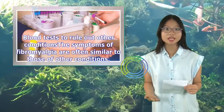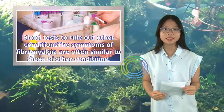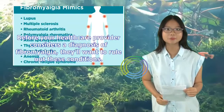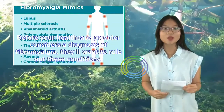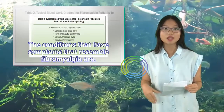Blood tests to rule out other conditions. The symptoms of fibromyalgia are often similar to those of other conditions. Before your healthcare provider considers a diagnosis of fibromyalgia, they'll want to rule out these conditions. The conditions that have symptoms that resemble fibromyalgia are